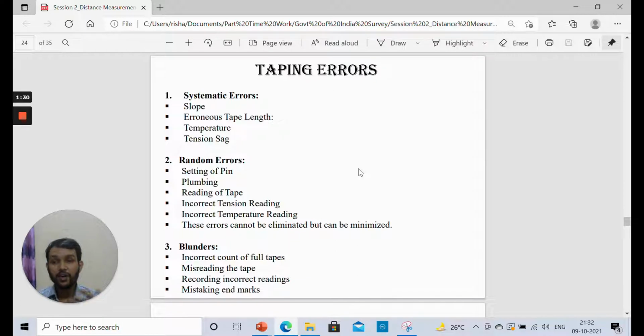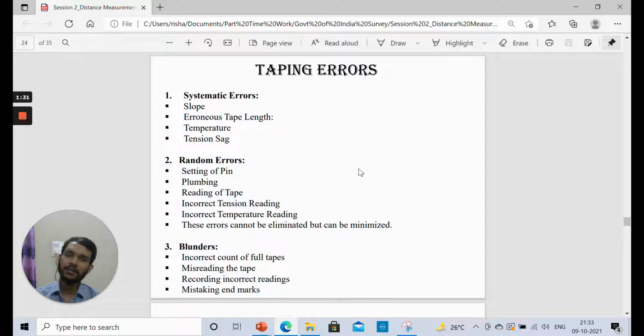Errors may occur in reading the tape. You were trying to read the tape and you read the readings wrongly. You can read the higher value or the lesser value. It's not that you have reported it wrongly. You were trying to read the graduations and it was 156.35, and maybe just before or after, and you took it wrongly. So it can be a bit less or a bit high. Then there is incorrect tension: the tension force that was applied to keep the tape horizontal was incorrect. Sufficient tension force was not applied. In place of 50 Newton, a different tension force was there and you didn't account for it. The temperature reading can be incorrect. So these types of random errors may occur.